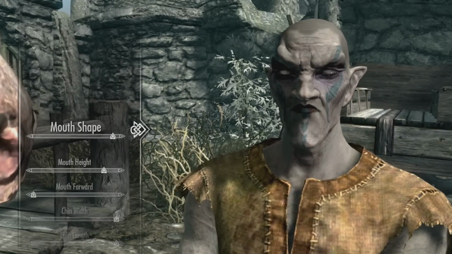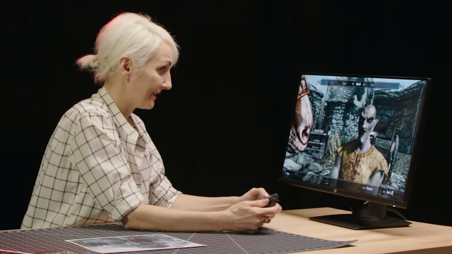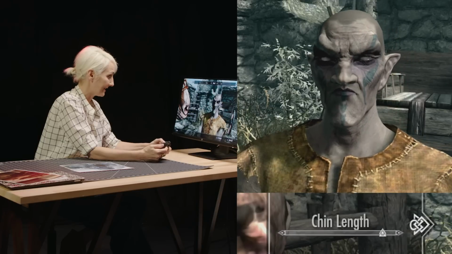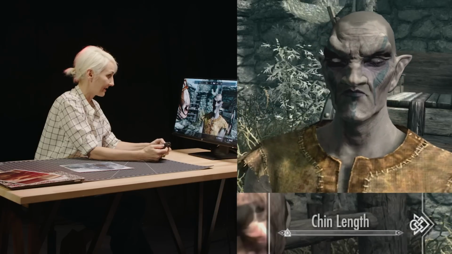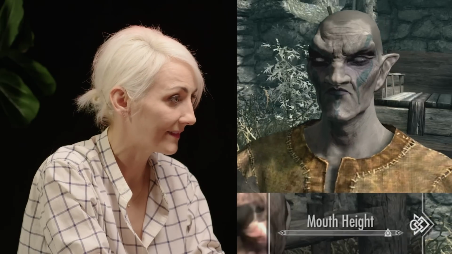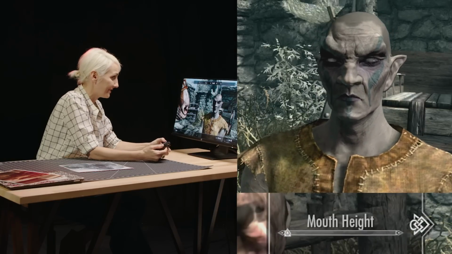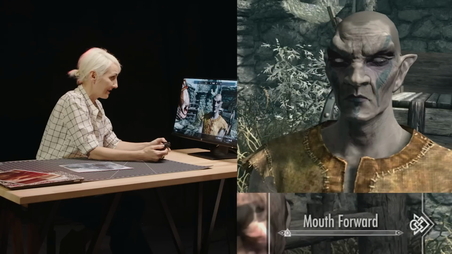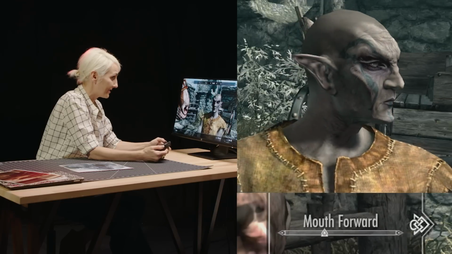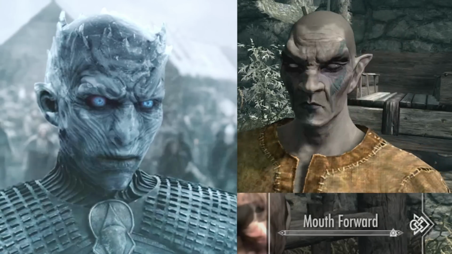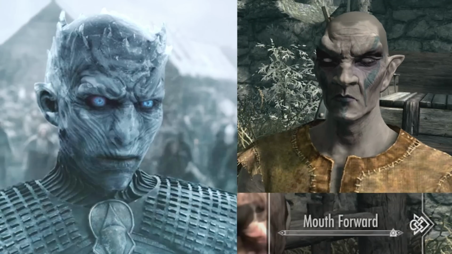Mouth shape. Take this clown lipstick off. No color. Or a little bit of a tint of blue. Chin length is out of control. Mouth height is up too high. I wish I could make his nose a little longer too, now that his mouth is down. Mouth forward, sure, let's try that. All those wrinkles kind of culminate, but the mouth shape,